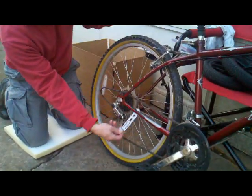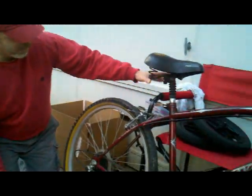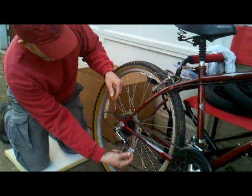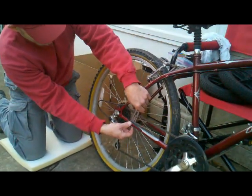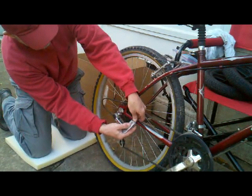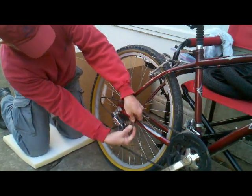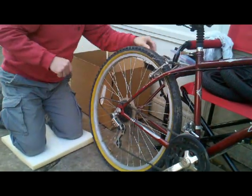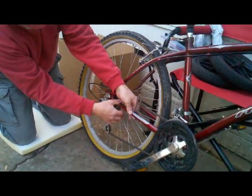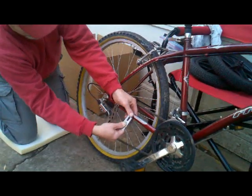So the first thing you want to do is to lean the bike up against a steady surface, or better yet, get a friend to help, and then bend each of 3 wrap clamps on one side around the tubing, keeping it as tight to the tubing as possible. There's 1, 2,